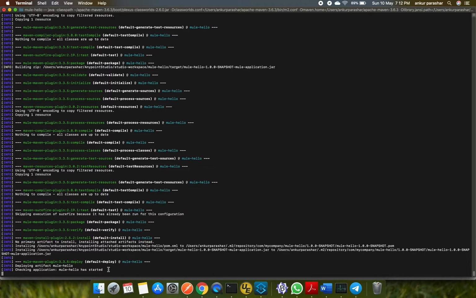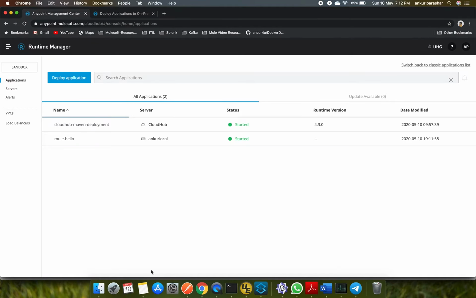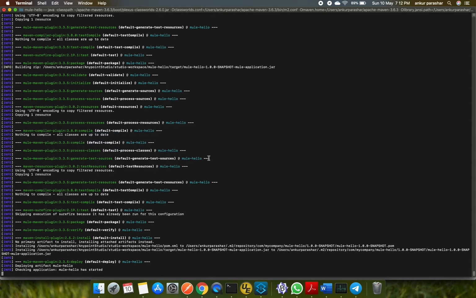It will take a couple of minutes, depending upon the size of the jar file it is going to deploy. But on average it takes around 1 to 2 minutes at the max. So it is showing me that it is being started. Let's quickly check on our terminal window as well.